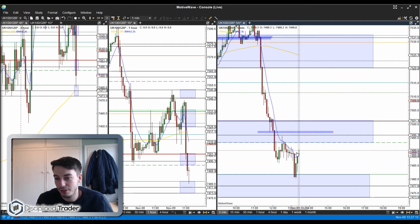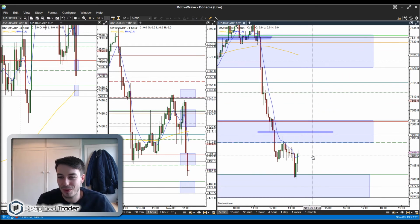This candle looks like it's waiting for the news announcement now, and it could spike this way, it could spike this way, it could do nothing. So we'll see if it doesn't have much of an impact on price and it comes back up in here and we get another sell signal. I still think price is going to want to come and at least tag this 200. Then we may get another stab at taking a short from down here. Equally, what's quite annoying is this is obviously a fantastic region for a buy as well down here. A bounce back up to this band. So it's not worked out perfectly